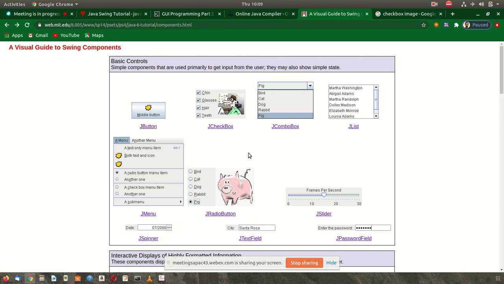Okay, there are a lot of things you are hearing now. You have heard about swing components. Swing components means Java technology calls this collection a swing. Why they called it a swing, you can find out yourself, but they are called swing components. They help the user to build and design a graphical user interface. This is called a swing interface, swing component.